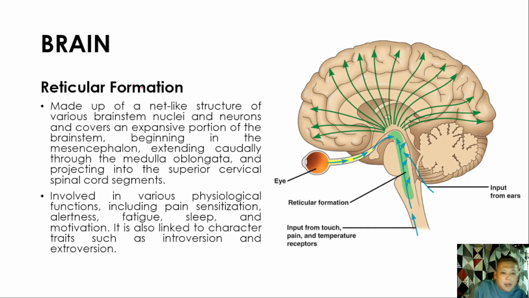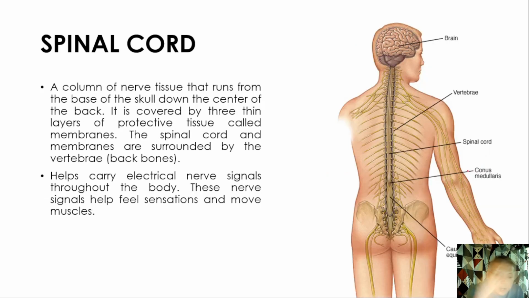So, ibig sabihin, paano mangyayari dyan? Halimbawa, yung nakita ng mata mo, di ba? Magsesend siya ng, i-interpret niya papunta dito sa reticular formation. So, ibig sabihin, pag nakarating dyan, isesend niya sa iba-ibang parts ng brain para ma-interpret natin, para alam natin, di ba? Kaya nga, halimbawa, hinawakan ka, or alam mo yung malamig, mainit, di ba? O pag sa tenga naman, pag narinig mo, di ba, kung nagko-correlate silang dalawa. Para ngayon, di ba, yung sinasabi ko, naiintindihan niyo ba? Ayan, so, yung nakikita niyo, naiintindihan niyo ba?